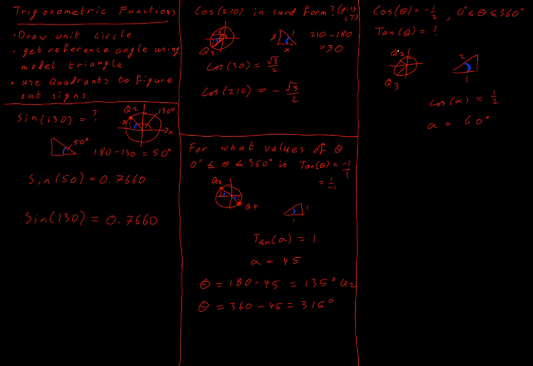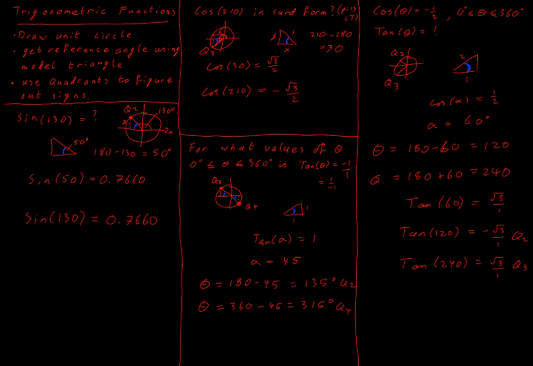Now we use our quadrants. If we were in our second quadrant, we'd have our angle could be 180 minus 60. Or if we were in our third quadrant, it would be 180 plus 60. So then we'd be dealing with, if we get tan of our reference angle to figure out our final answer, we want to know about tan. We get √3 over 1, then tan of 120. We look to our quadrants, and that's going to be